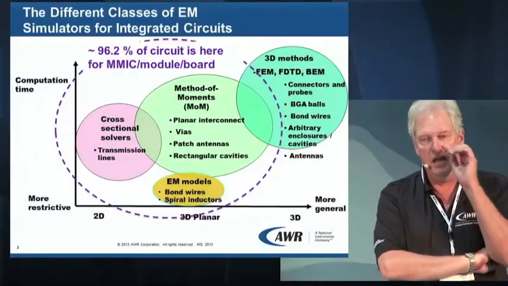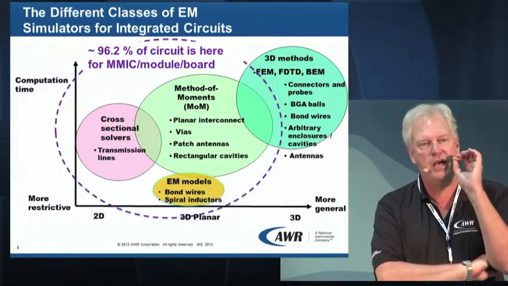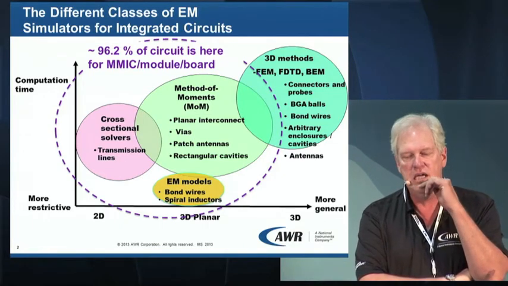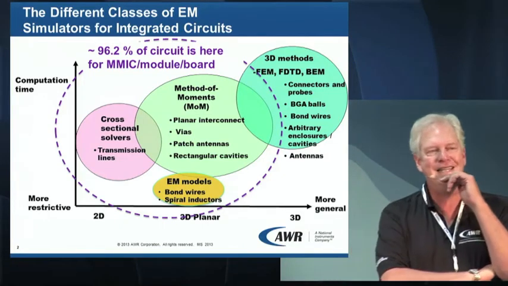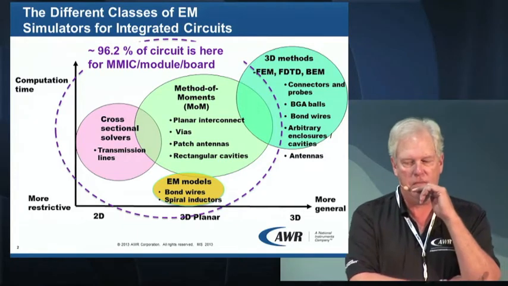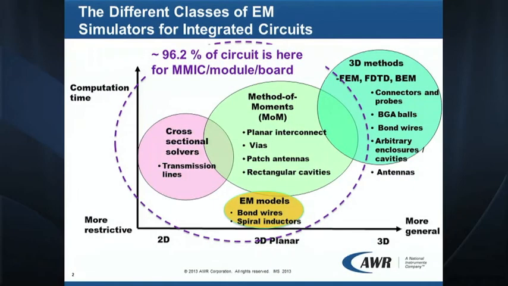Okay, and the final thing I want to point out on this busy slide, and this is going to be our theme when we go back in time, which we're about to do. Notice the gold bubble says EM models, bond wire spiral inductors. An EM model is something that uses EM, but you don't even know it's using EM, and I'll come back to that theme. So let's go back in time here,